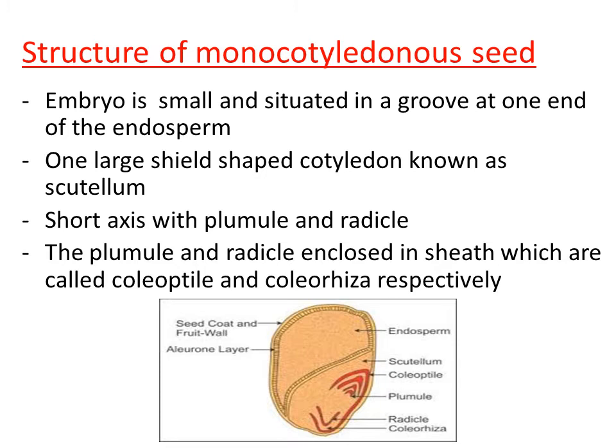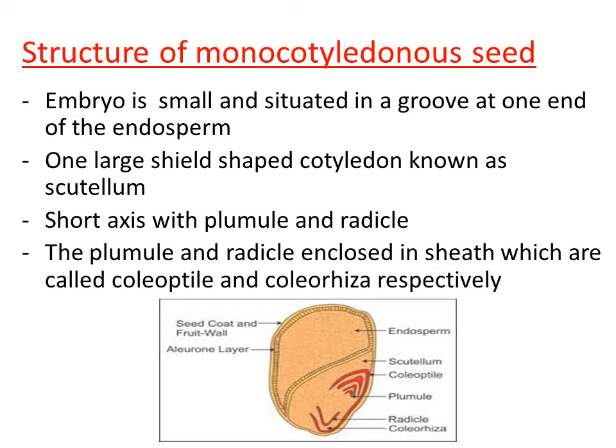So what are the things we have discussed in the monocotyledonous seed? The prominent region we can see in the monocotyledonous seed is the endosperm. The endosperm occupies the major portion of the seed and is covered by a proteinaceous layer called the aleurone layer. This aleurone layer separates the embryo from the endosperm, right?